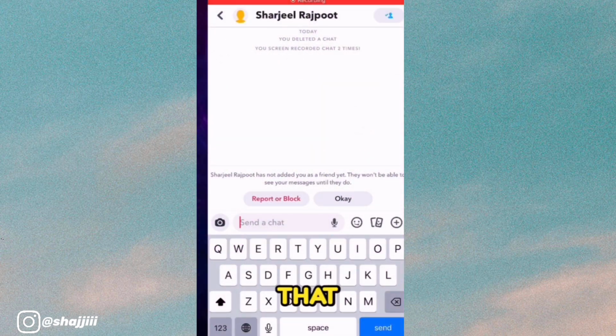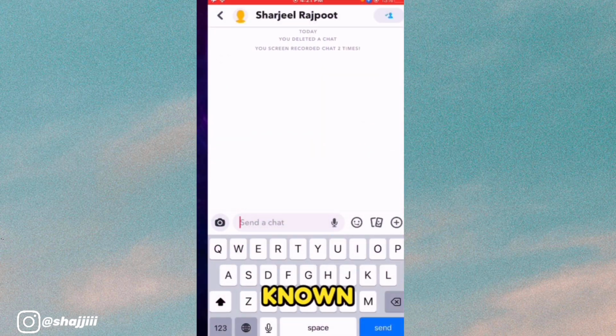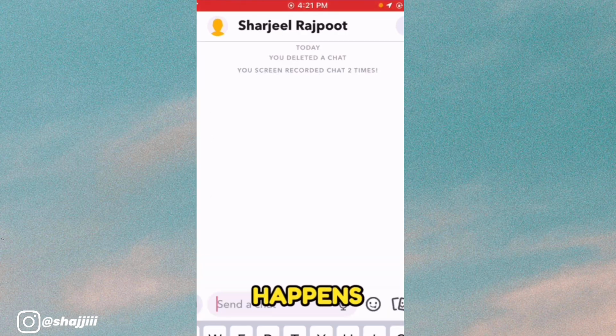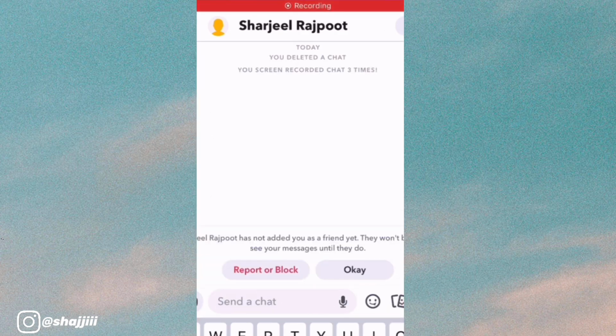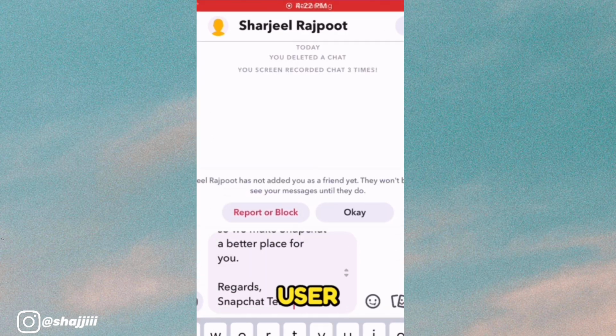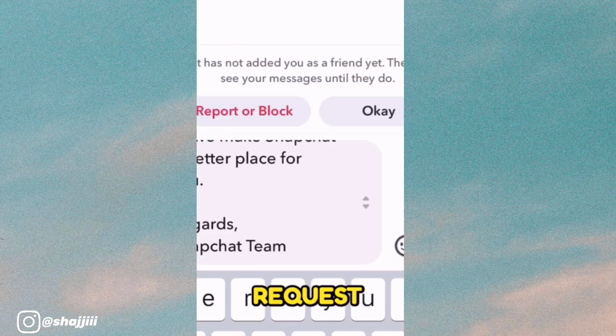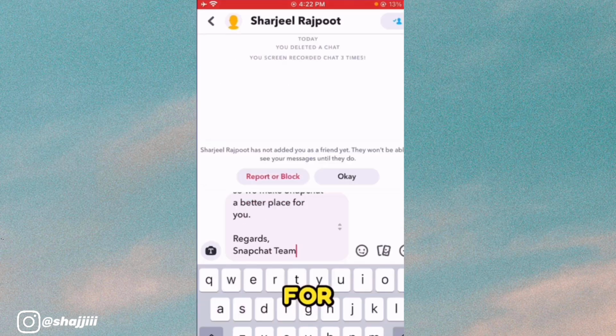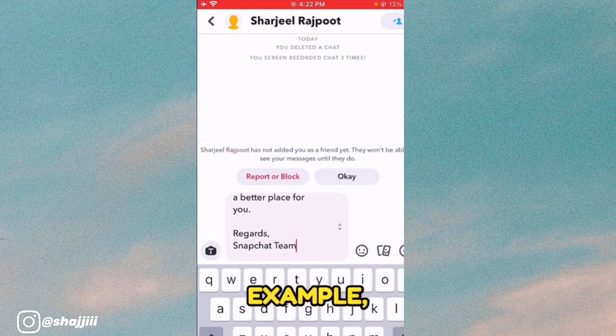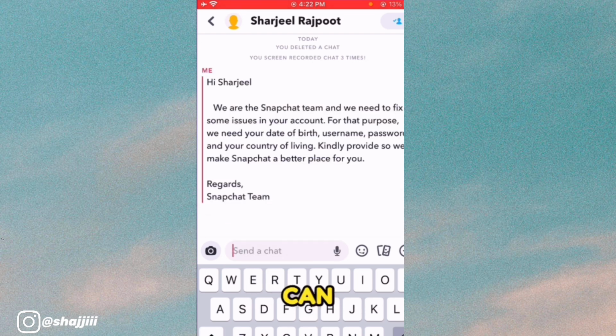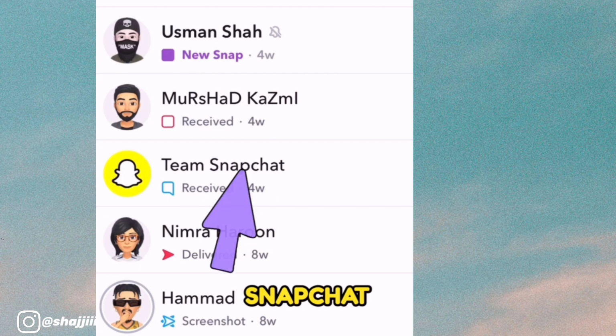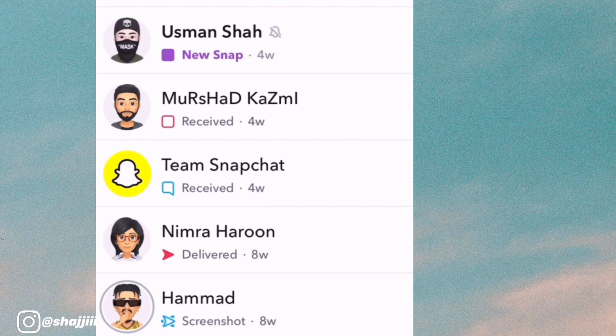The second method that hackers use to hack Snapchat accounts is known as social engineering. What happens in this kind of hacking is the hacker tries to pose as an authorized user to access your account, and he may request your account access for some kind of emergency maintenance. For example, if I send this message here, it can be like this. If the hacker has created an account named Team Snapchat like this, and he has also put the Snapchat logo as his DP,